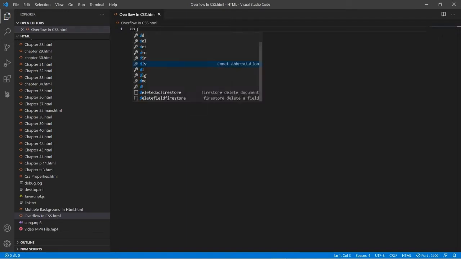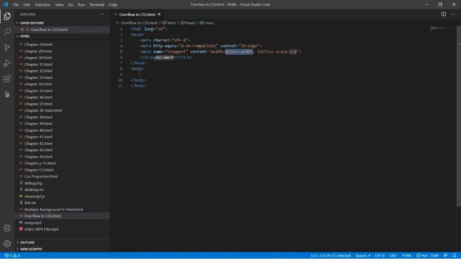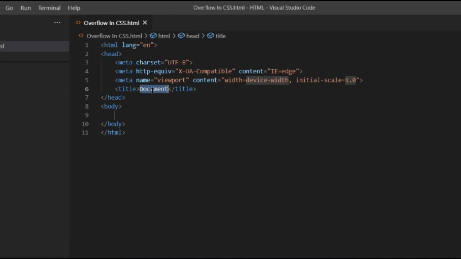Now I will type the coding of the main text here like this, and then in the title I will type overflow in CSS. Now after typing like this, let me make it bigger here. Okay, now after typing all this main tag, I will type the style tag like this, and then in the body